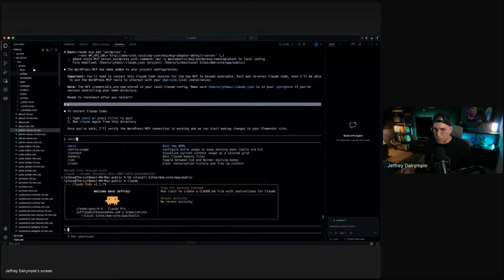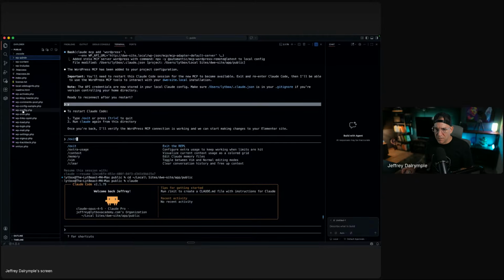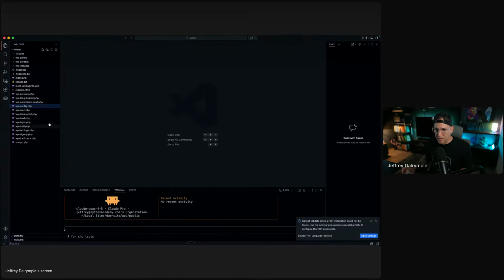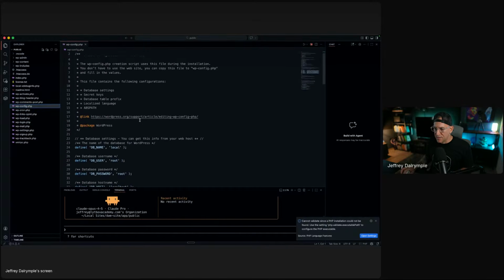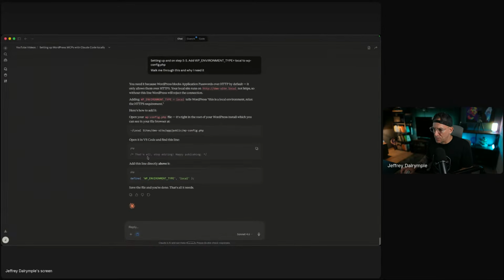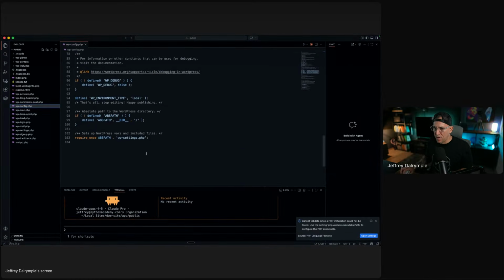That's the easy part. Close that up. Let's go find my config. I'm going to remove the sample. Don't need that. And where is it saying to install? I just want to make sure I got this right. Okay, got it. Down here at the bottom.